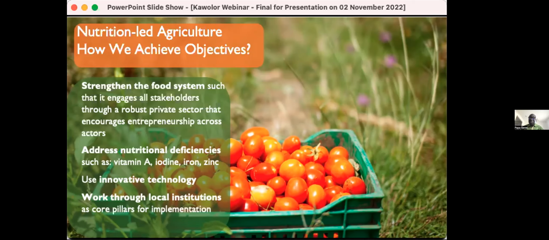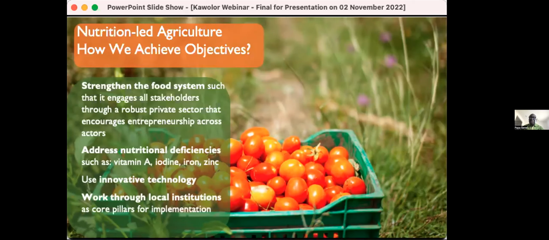Innovative technology meaning ag technologies like biofortification. We brought a lot of crops that were biofortified. Using those technologies, we also use micropropagation in vitro, climate smart practices, and food technologies, both devices and processes. This is the reason why the very first thing that we did was sign a convention to collaborate with research centers, both nationally and internationally.